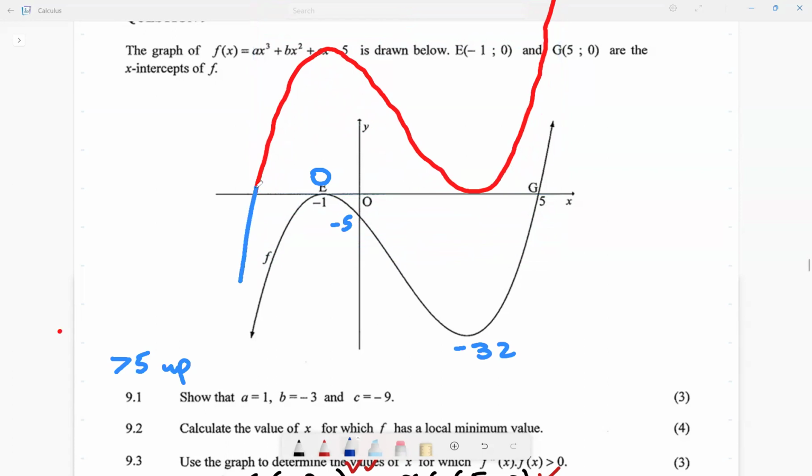Remember, this one is going to continue like that. So this is just one negative root and one positive root. If it is exactly from this point to here, 32 units upwards, it is going to give me one negative root and